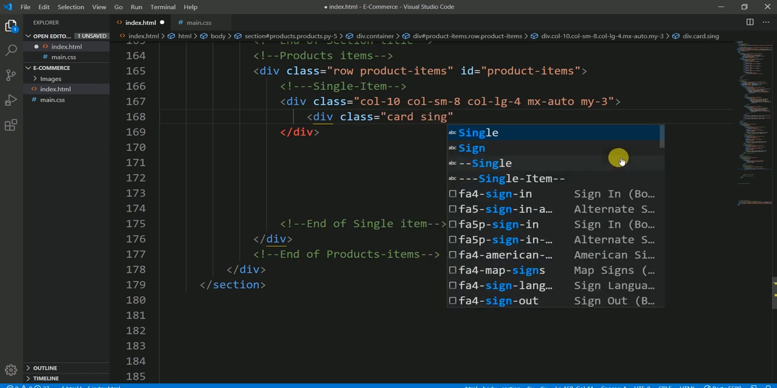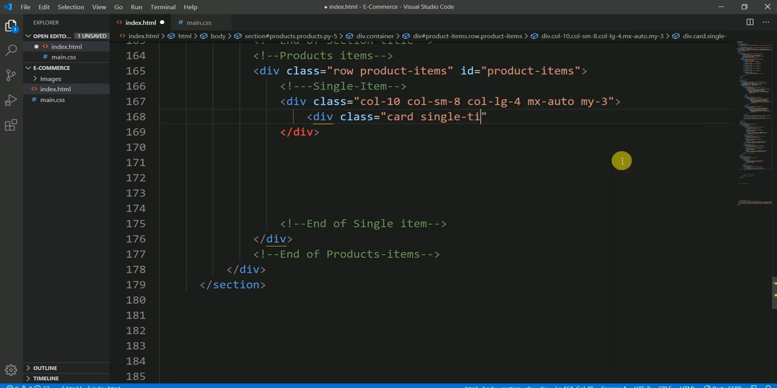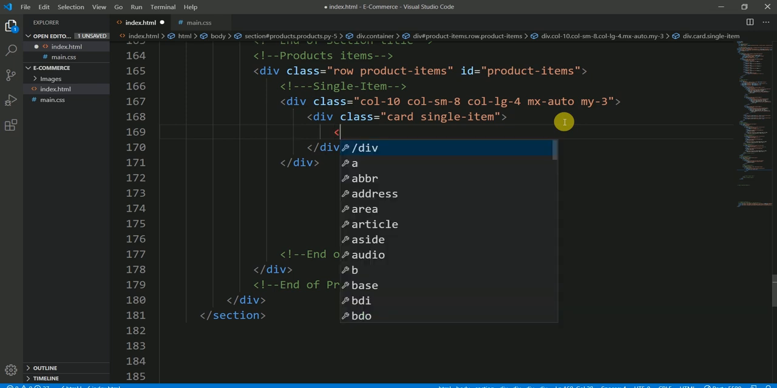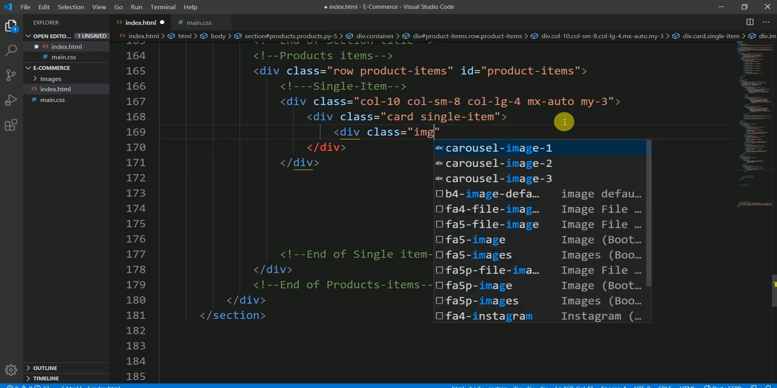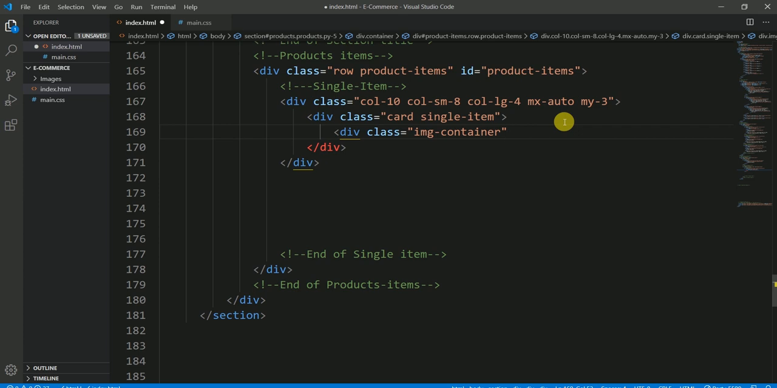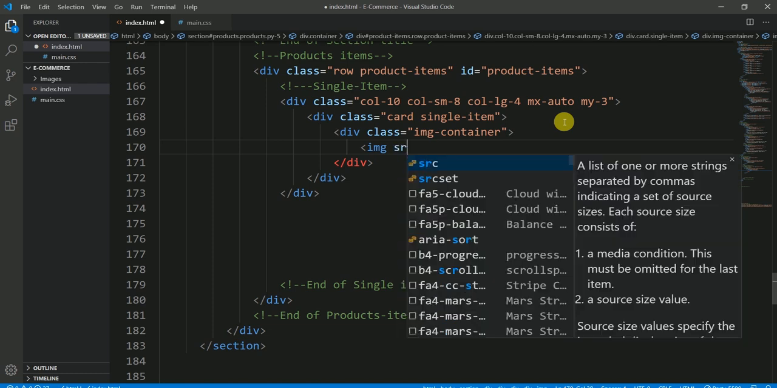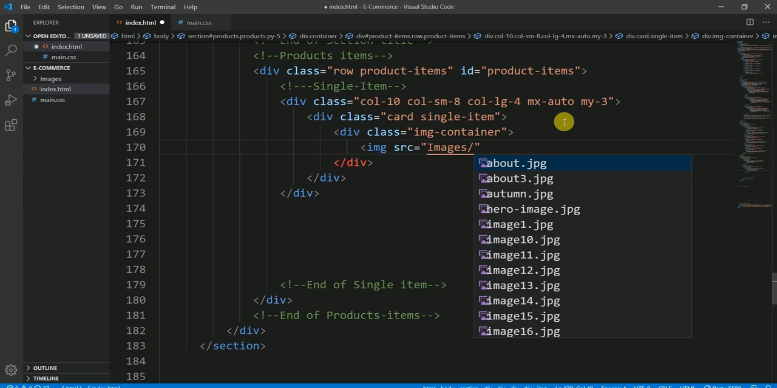card. So card, single card, single item, card, single item. Okay, and now within this let's have an image container. So another division and a class, and this would be img container, image container. And then here let's have an image, and the source of the image is images, and here I'm going to use my image 1,